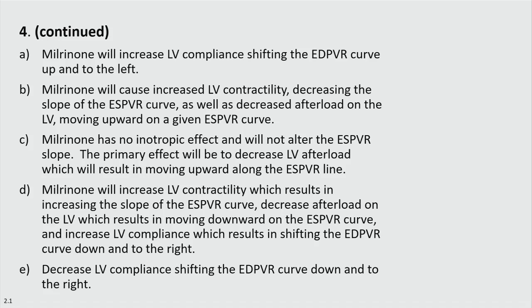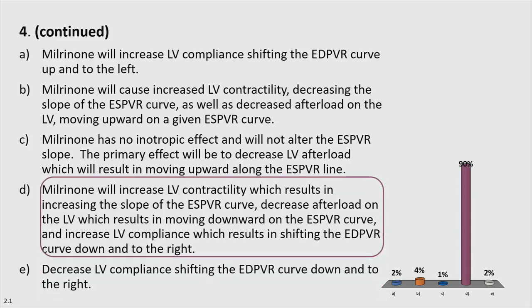It is likely also to show up as a question of what inotropes will do to your end systolic pressure volume relationship, period. What does it do to the slope? Okay, so 90% of you thought that milrinone will increase LV contractility, which is good, because given that it's an inotrope, that's a good thing, increasing the slope on the end systolic pressure volume relationship curve, and decrease afterload, which results in moving downward